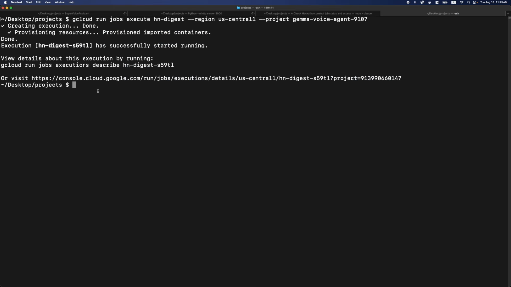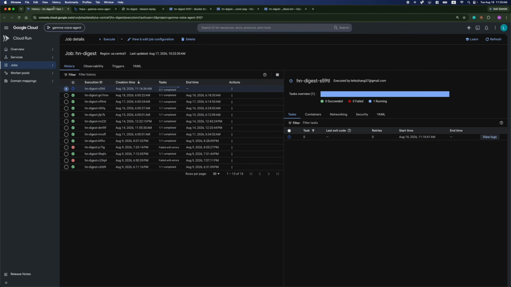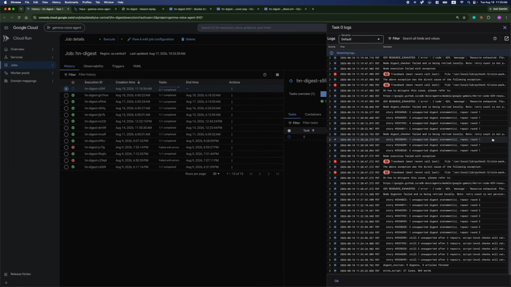So normally this job runs at 6 a.m. every day automatically, as I said, but here I ran this job about 5 minutes ago manually just for demonstration purposes. And after that, if you go to Cloud Run Jobs tab, you should be able to see that this job started to run at this time, about 10 minutes ago actually, and you can check the logs here and